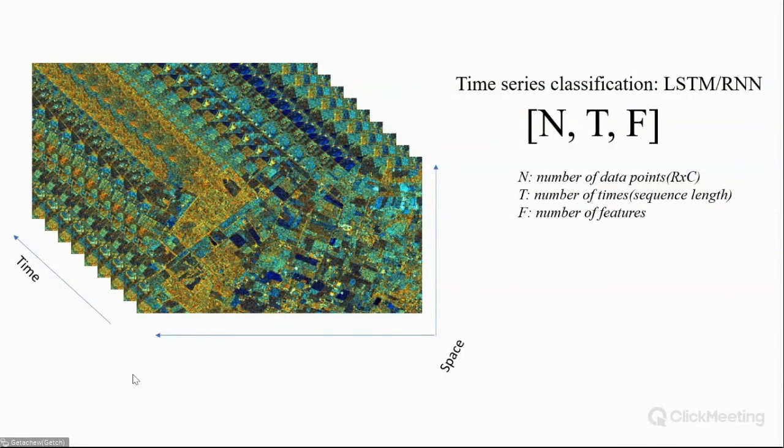That means VV, VH, and cross-pol, and I mean the ratio bands. And then I have 3 bands, 12 months, and some number of rows and pixels. So to ingest this data directly into a recurrent neural network, which is a deep network working on time series data, I should convert it into N, T, F. N is provided as a number of rows and columns, which is converted from 2D to 1D. T is the time of observations, that is the sequence length in terms of recurrent neural network terminology. And F is the number of features, which is 3 for me right now.